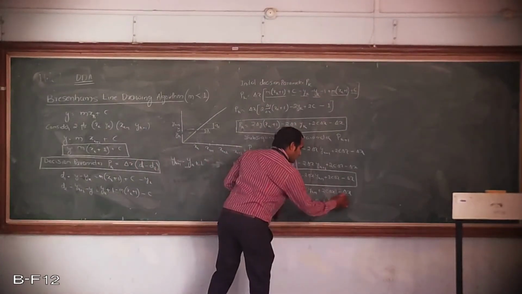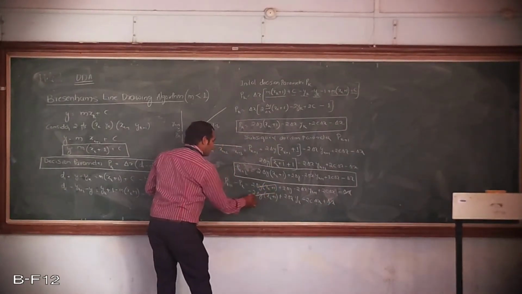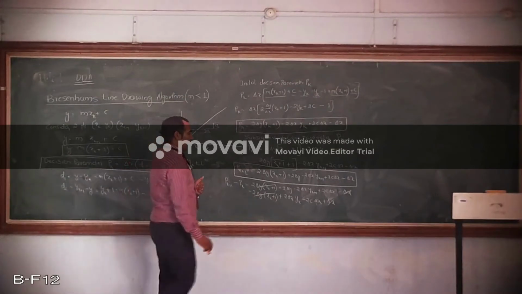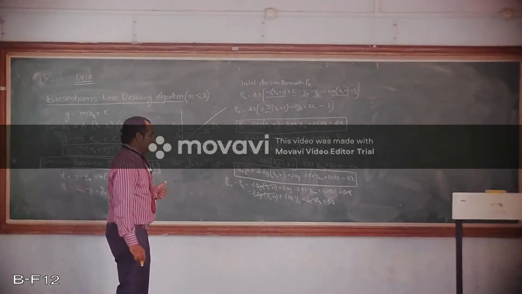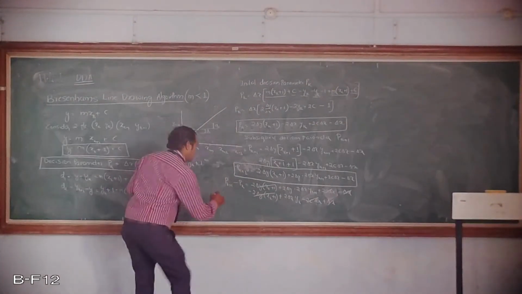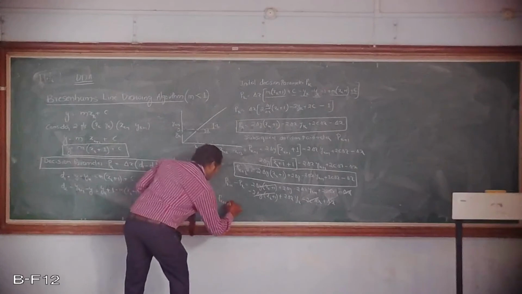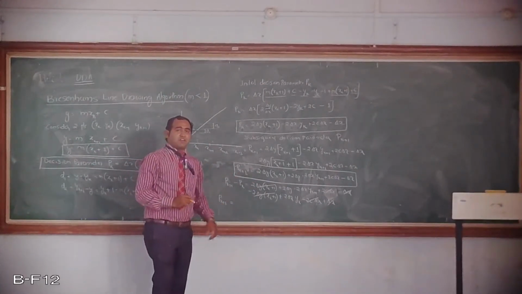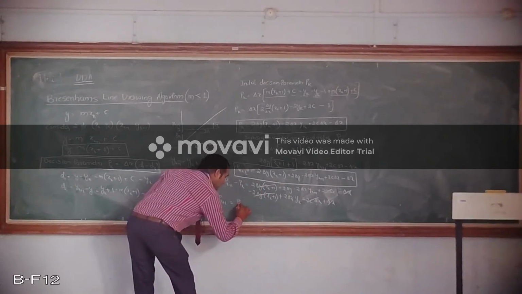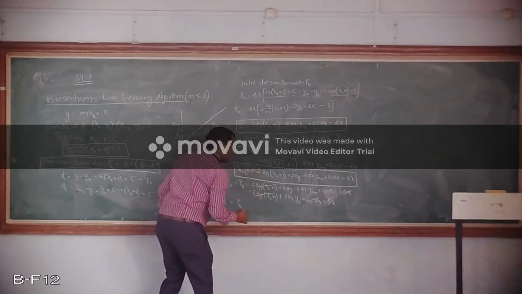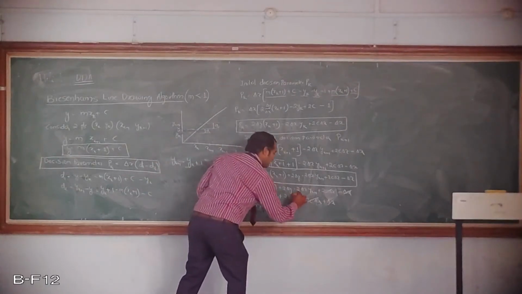This plus delta x minus delta x will be cancelled. 2 delta y xk plus 1 minus 2 delta y xk plus 1 can be cancelled, and this 2c delta x minus 2c delta x term can be cancelled. Therefore, writing the next decision parameter pk plus 1 is equal to, I am sending the initial decision parameter to the other side, that is pk. After sending it to the other side, it is positive, pk plus the rest of, I will write it as 2 delta y.